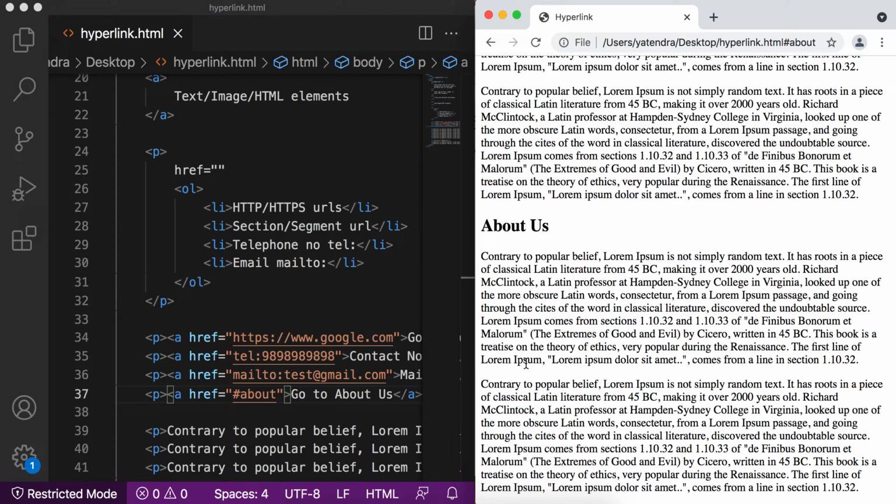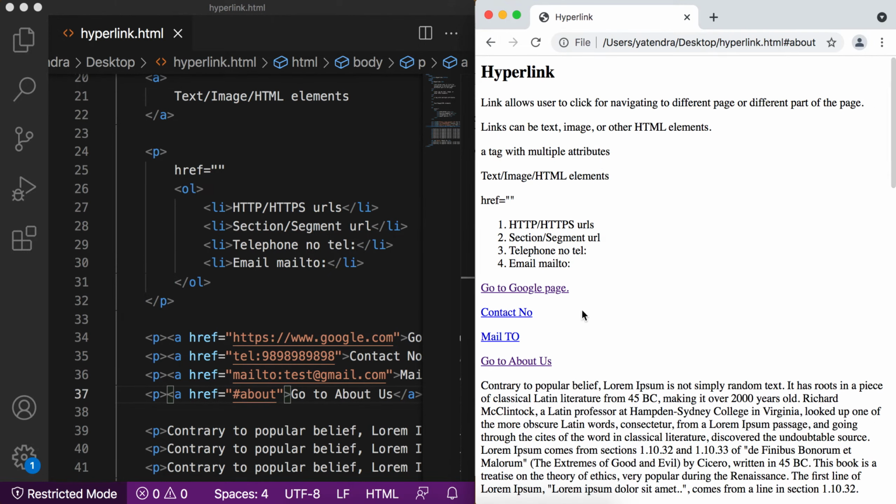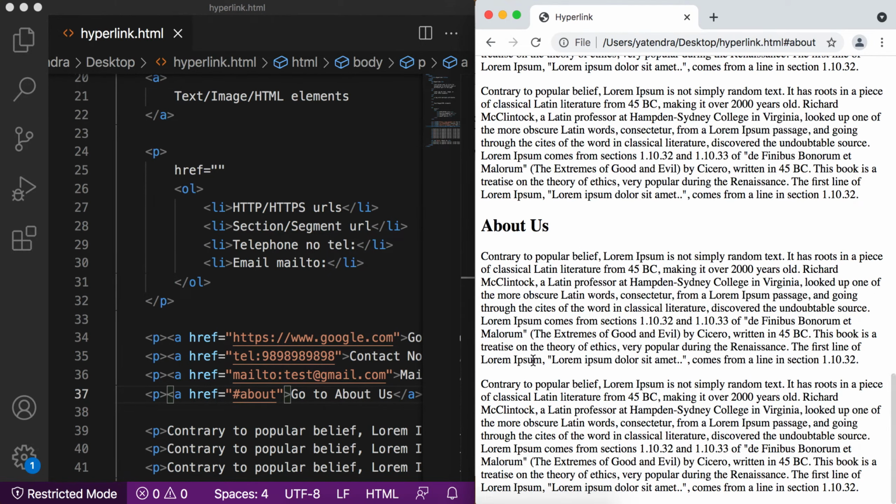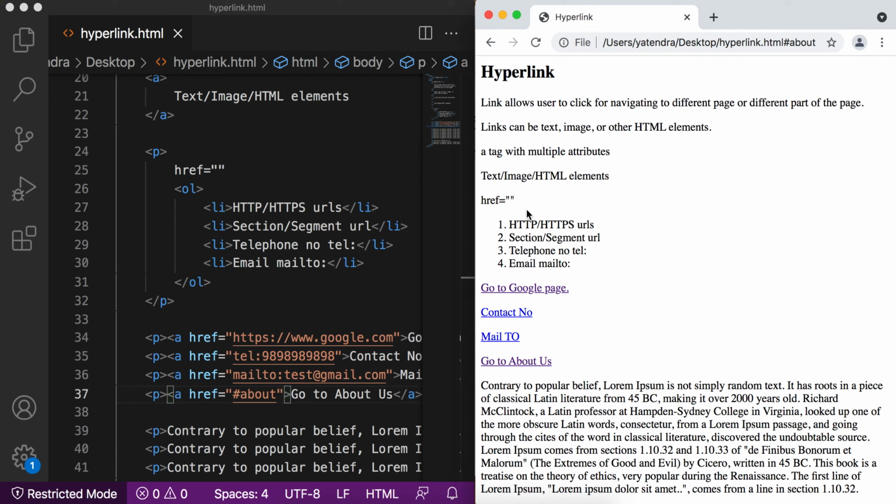In a single page you have multiple sections, maybe about us, contact us, some other section. You can move to different sections by use of these segment or section URLs. See, so these are the possible values of the href attribute, and we checked all of these one by one.